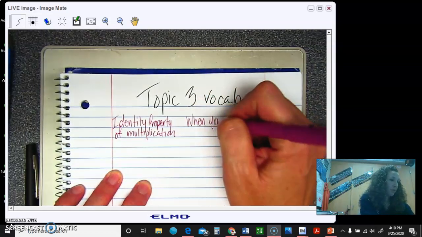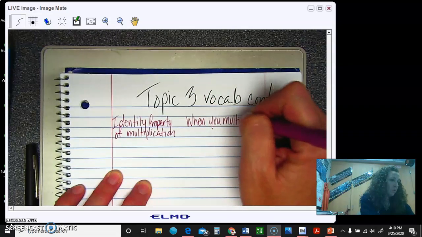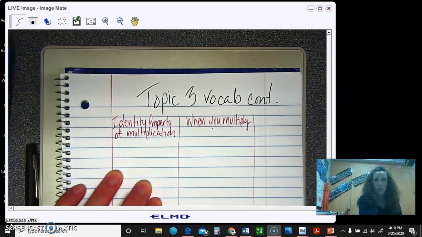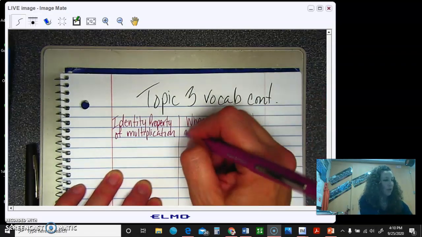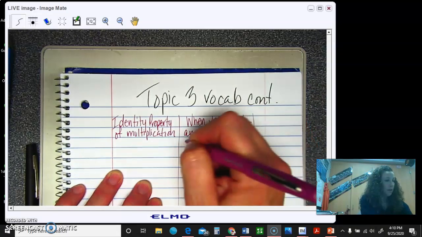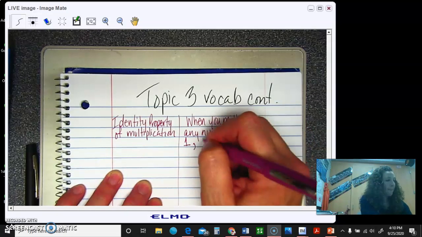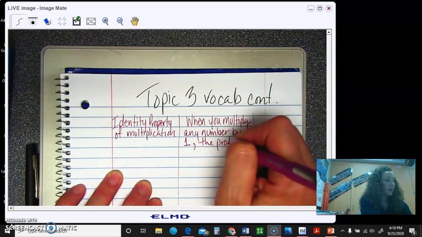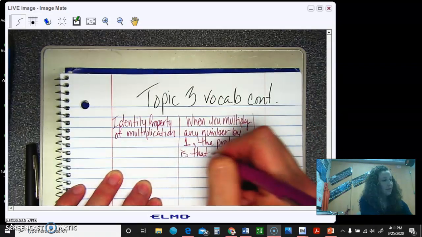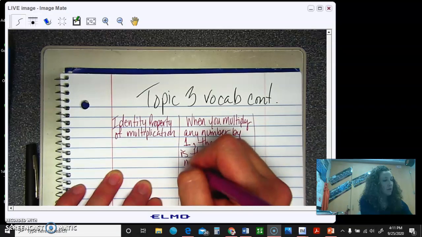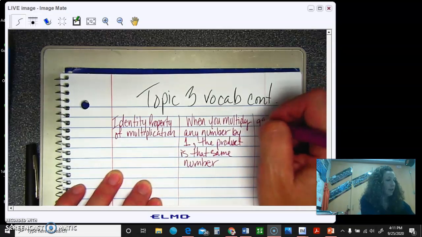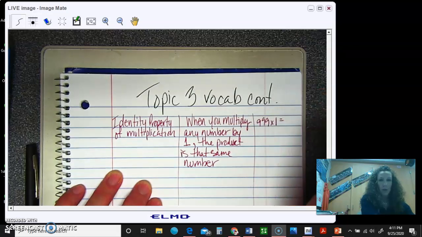When you multiply, now notice I didn't fold it, but it is in those columns, okay? When you multiply any number by 1, the product is that same number. Okay, so for example, 999 times 1 equals